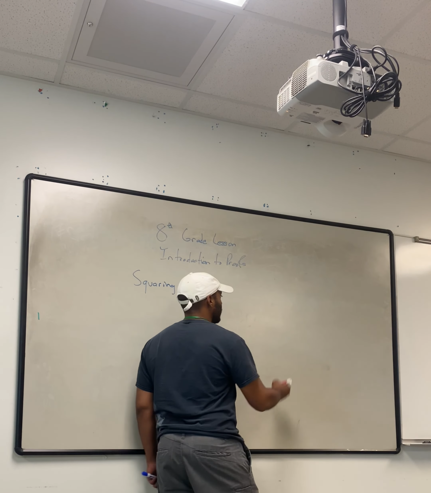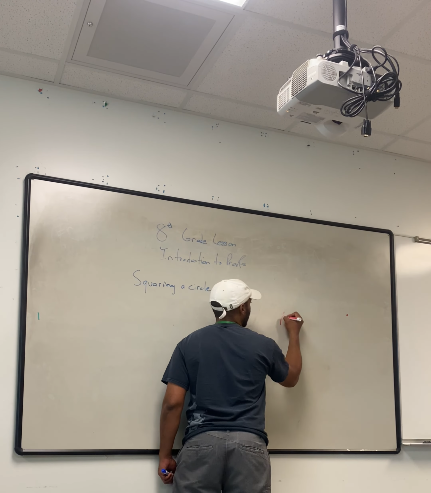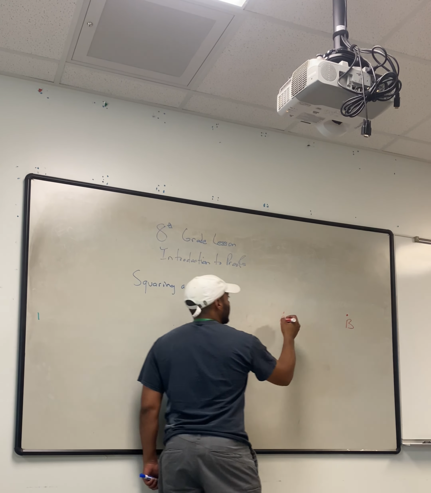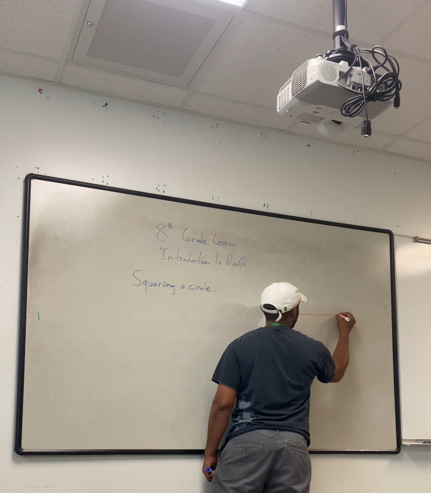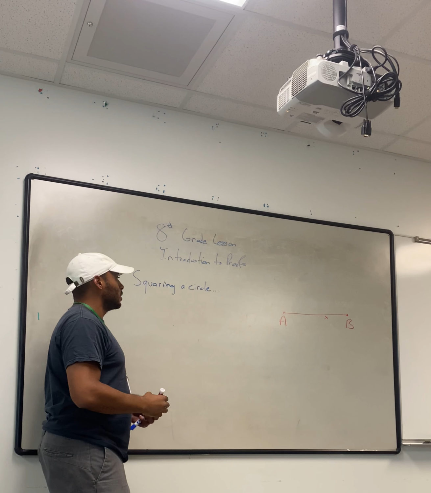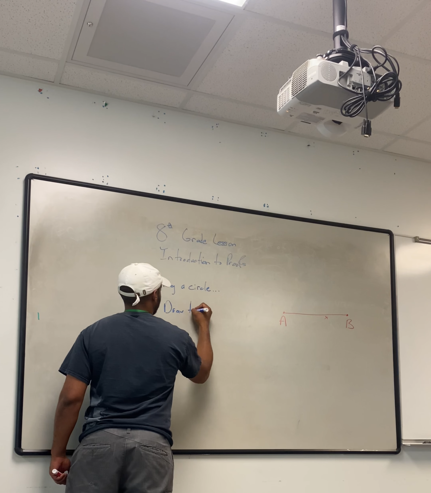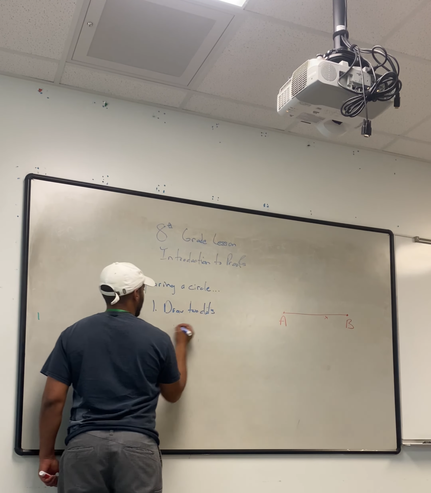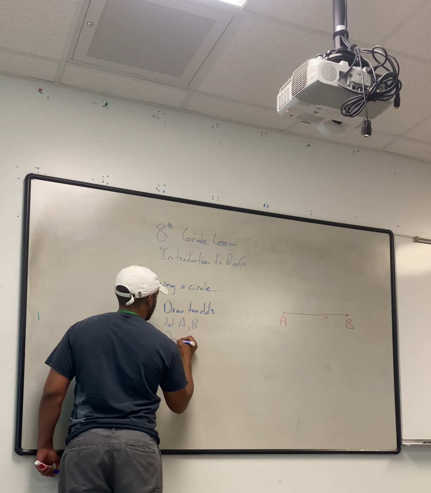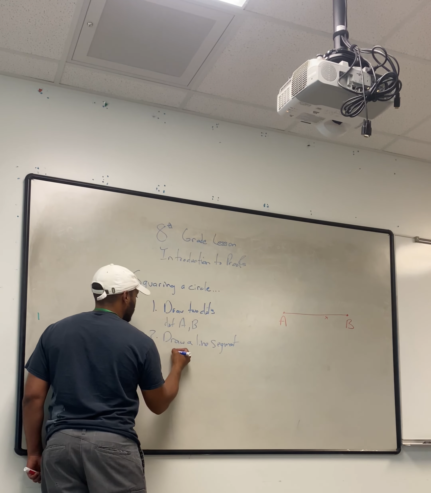So the first thing we're going to do is draw two dots. We're going to label this dot A and this dot B. Now I'm going to draw a line segment in between these two dots. We're going to label that line segment X. Okay? So here are my directions over here, right? Draw two dots. I'm going to name them dot A and B, and then draw a line segment, and that's line segment